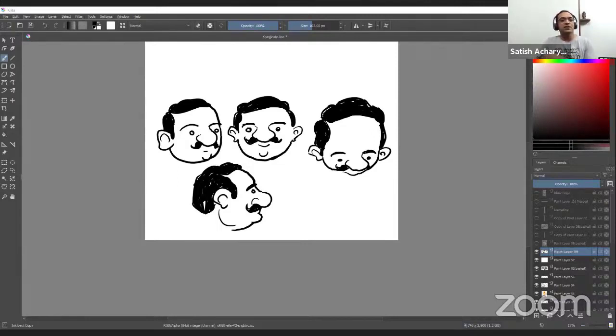So there is a question on tips for coloring. I'm not an expert in digital coloring. I have learned it by trial and error. It's a huge world, more like an ocean. You keep exploring it. You have to try different brush sizes and different brush styles, and work with them.